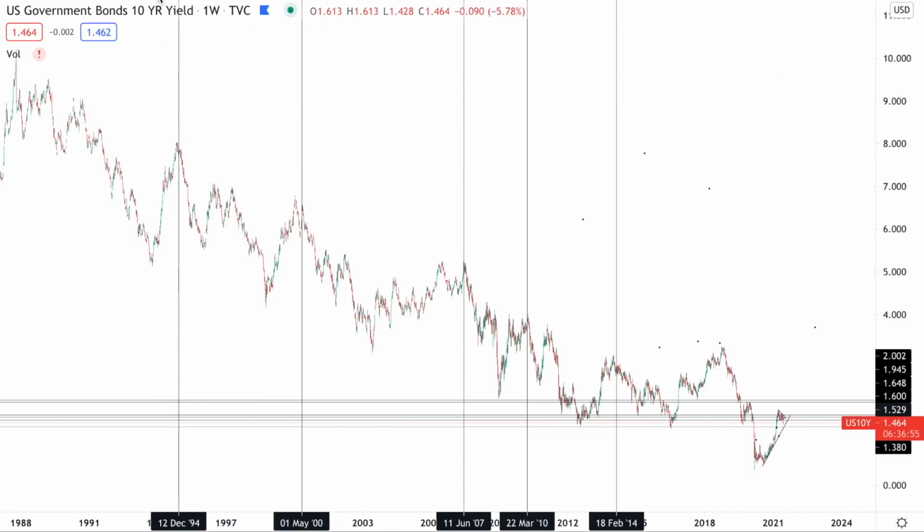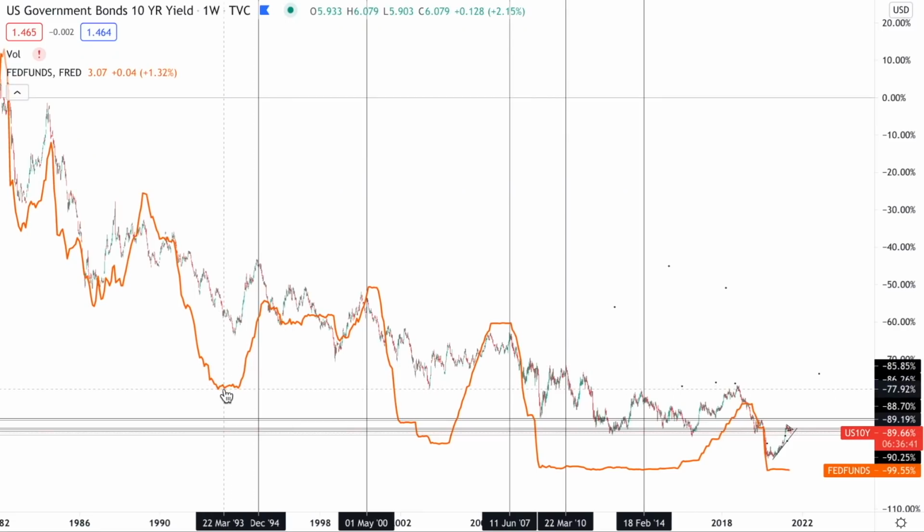So let's put up the federal fund rate on this chart. That's the orange line right here. That's the Fed fund rate. And you can see in each case, so 1994, 2000, 2007, we have a peak in interest rates as the federal fund rate is rising or is much higher than before, right? Same thing here. Big top in interest rates right after a big rise in the Fed fund rate. Same thing here. Big top in interest rates right after a big rise in the federal fund rate. Same thing in 2018. Big top in interest rates as the federal fund rate is much higher.